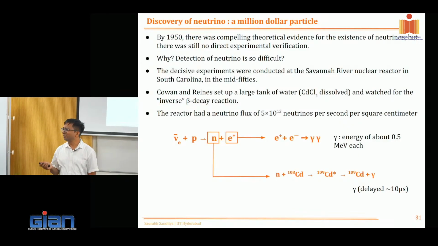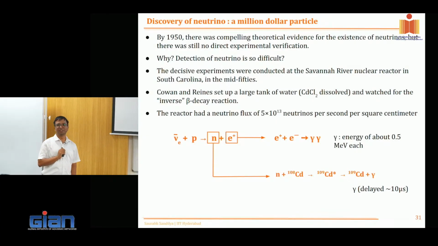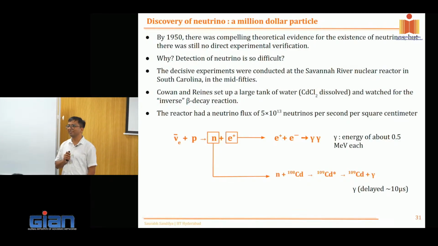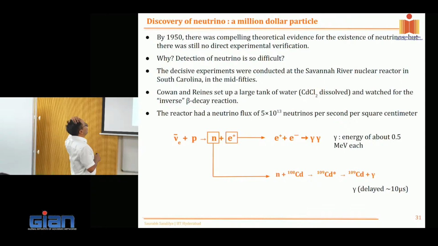Large path length, okay. Write this question down and ask it in the tutorial. Why is the neutrino very difficult to detect? Lifetime is very large? Weak interaction, okay, very nice. So it interacts only weakly. We'll come to this discussion. Anyway, so what happened is that